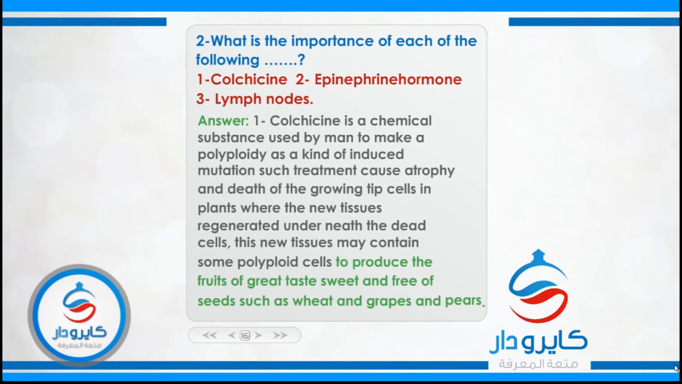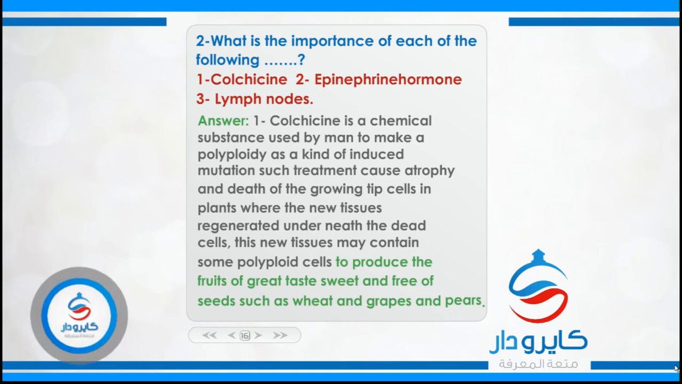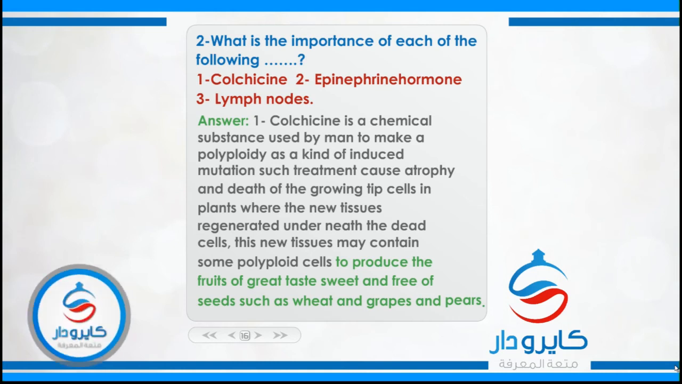Polyploidy leads to the formation of big fruits, seedless fruits, or sweeter fruits. So fruits are produced with certain characters that result from the polyploidy taking place inside the plant parts. That is the importance of colchicine: the formation of polyploidy in plants by man, which acts as an induced mutation. But epinephrine is the hormone secreted from the medulla